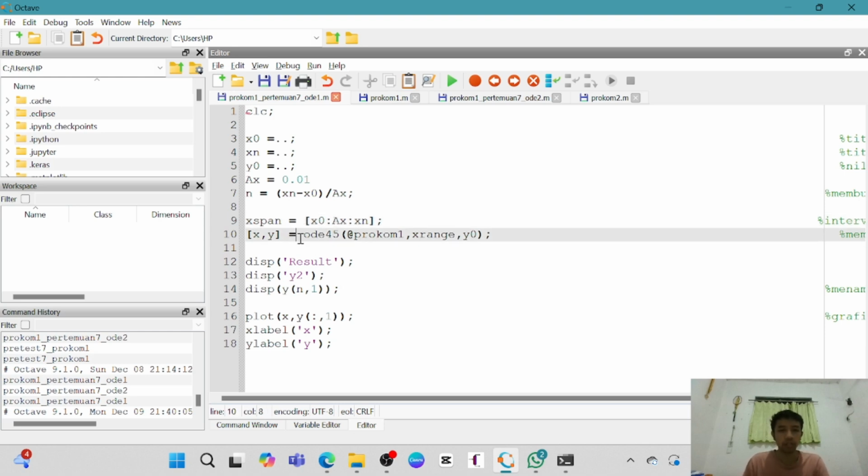You just write like this, and after add we have the name of the function. The name of the function you can change, up to you. In my code, I use the Procom one name. Then this is the expand. Then this is the y0.